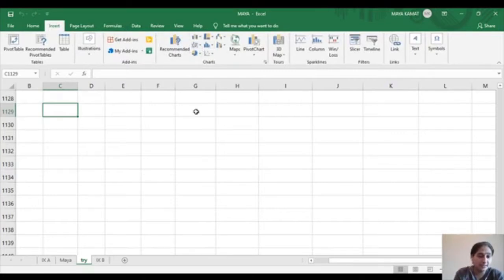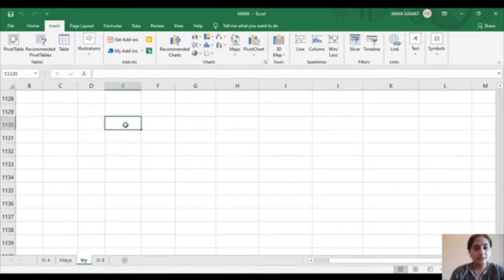Do you all remember the chart types? Bar chart. Very nice. Column chart. Line chart, very nice. So those were the chart types that we studied. Then we also studied what is meant by absolute referencing, what is meant by mixed referencing, and what is relative referencing. Do you all remember that? Yes, teacher.